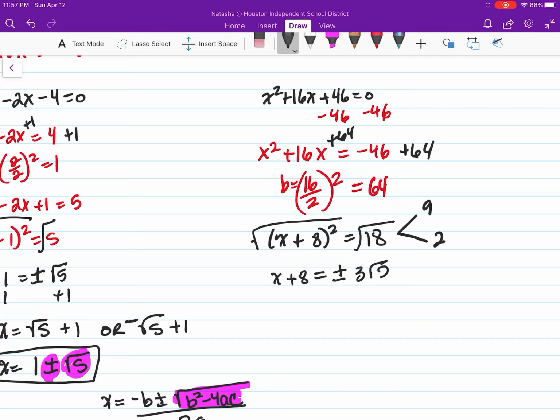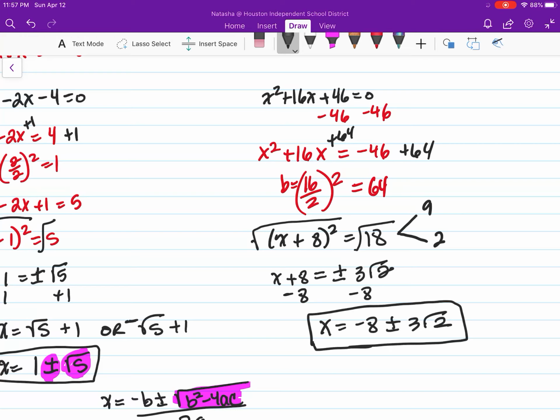It's going to be 9 and 2. So to simplify this right radical, it would become 3 square root of 2. Okay? So now, just like before, I'm going to subtract 8 from both sides. So this is going to be x is equal to negative 8 plus or minus 3